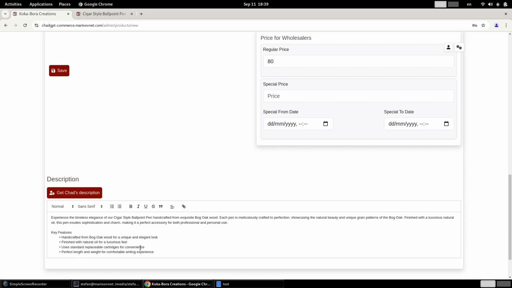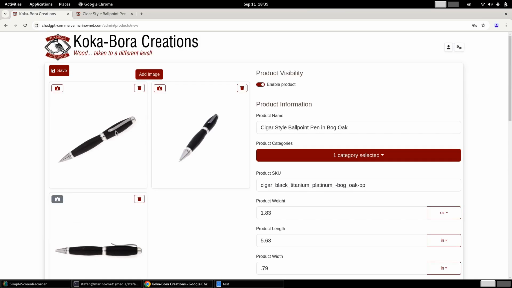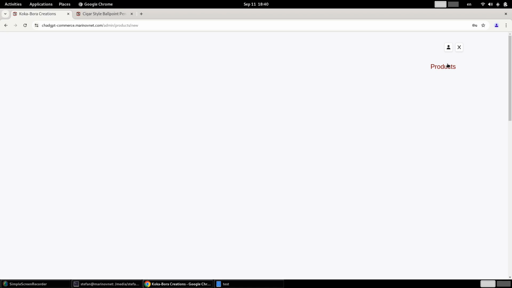I can always edit the description, but I'm just gonna leave it as is. And let's click on the save button, and all the changes are saved. Now if you go back to the products